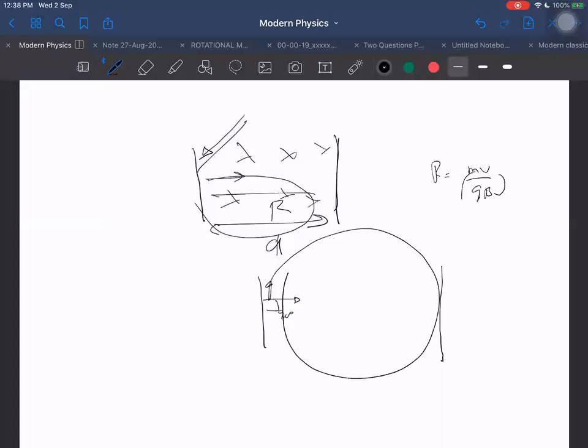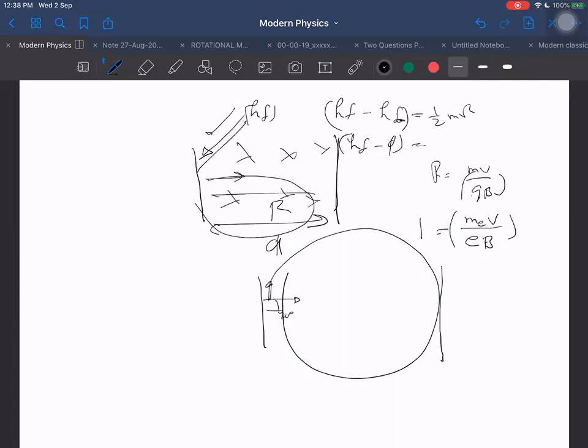And how do we find q? We know it is e, the charge on the electron. B, the magnetic field, was given to us. Mass of electron we know, and velocity of electron we can find, because when photons of frequency f are incident, hf minus hf naught, or hf minus phi, is equal to K max, which I write as half m v max square. So I can get the maximum possible velocity which that electron can have.